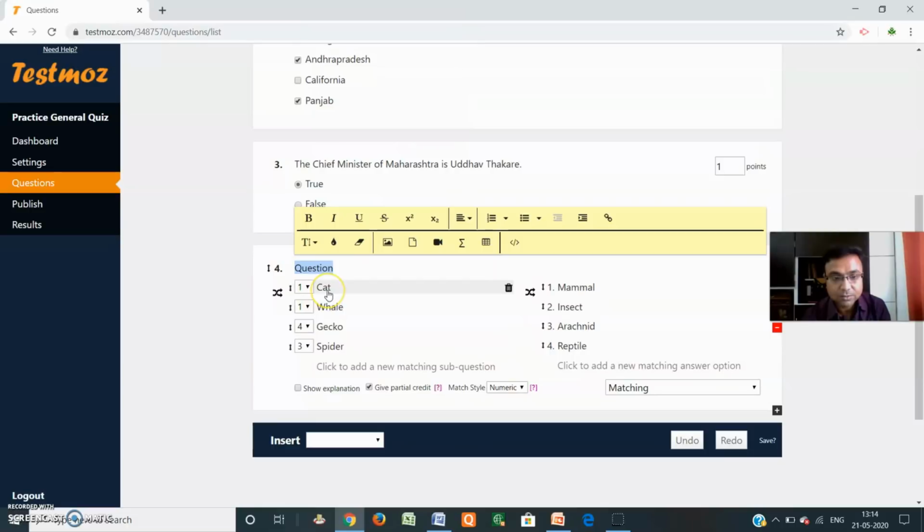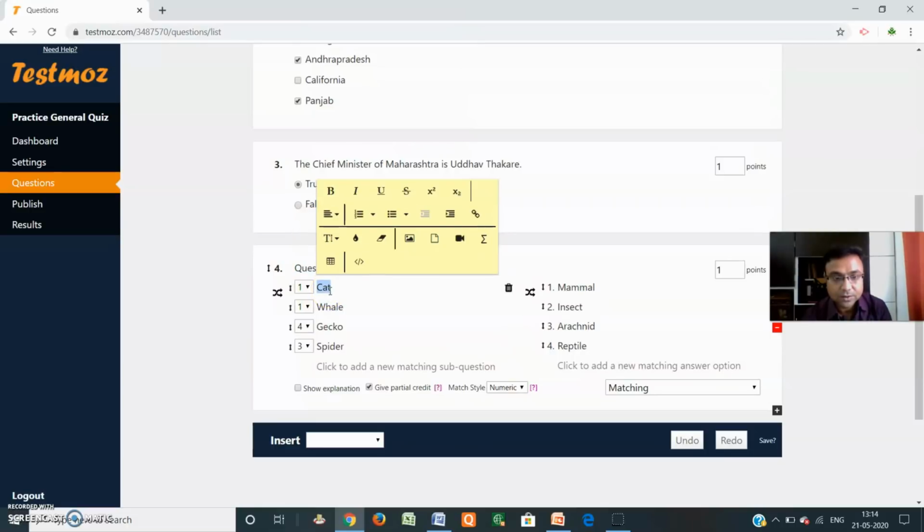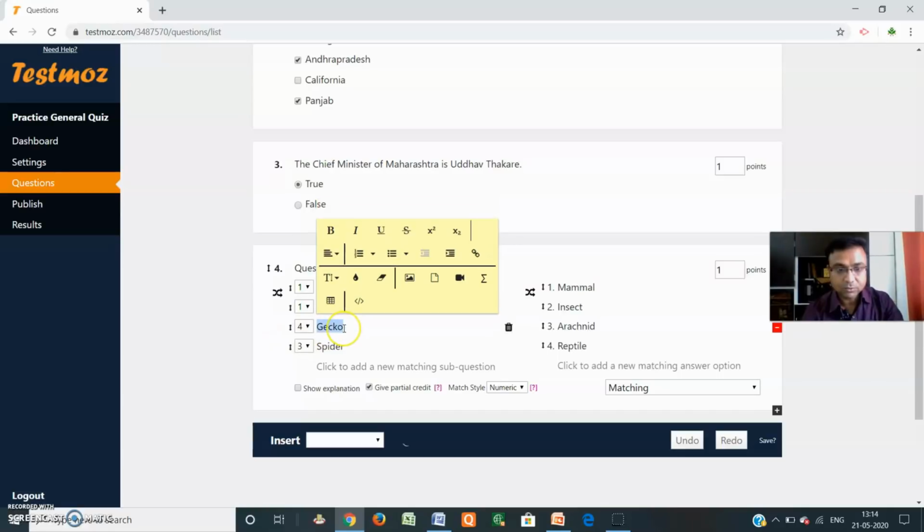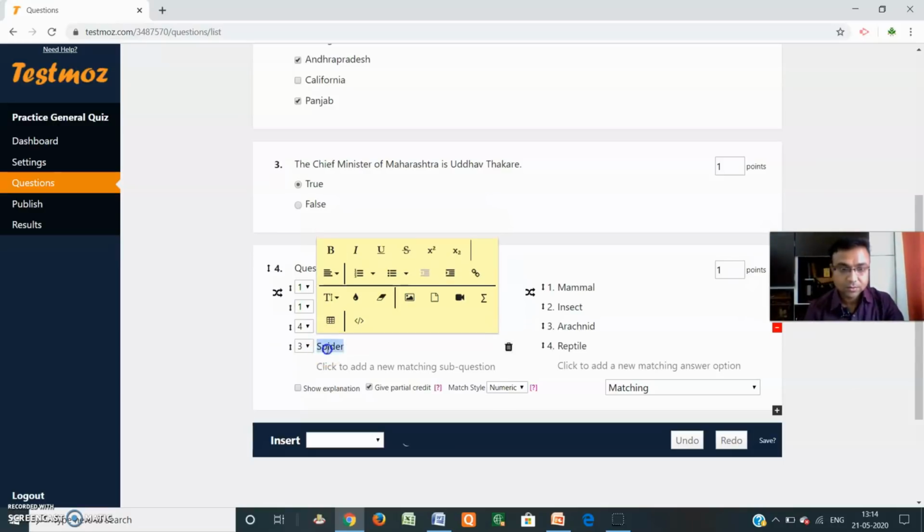So I am writing here capital names, that is Mumbai, Hyderabad, then Bhubaneswar, Bhopal. Click here at the new matching.